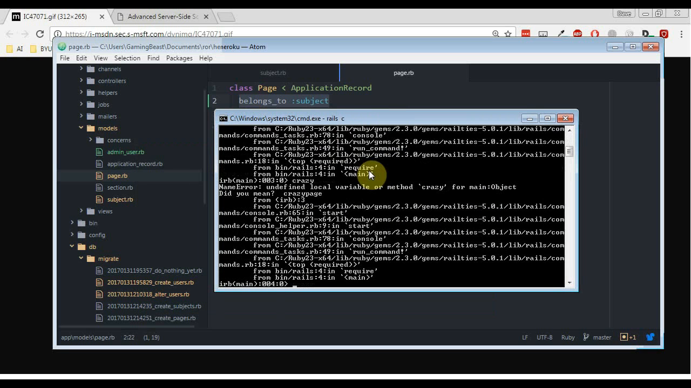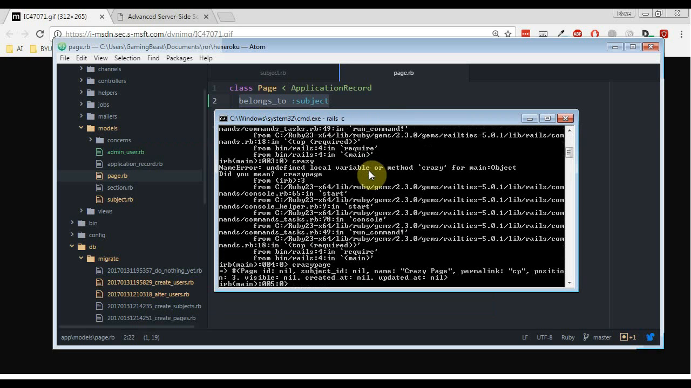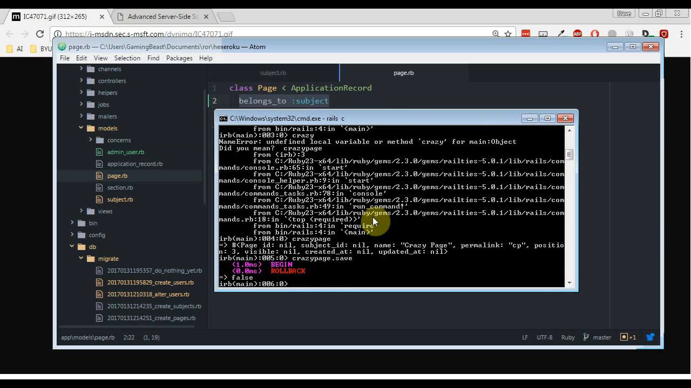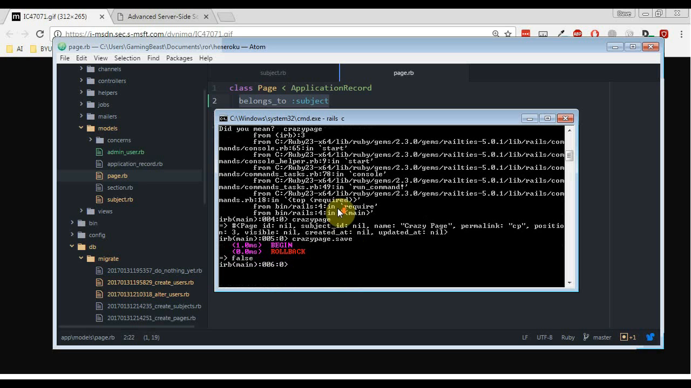Crazy page? There we go. Saved it inside a crazy page. All right, so if I were to say crazy_page.save, it's going to freak out at me. Okay, it's saying, hey, I tried to do it, but then it rolled back. This belongs to presence validation. The problem here is we haven't